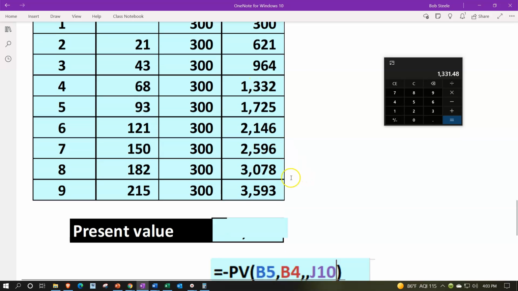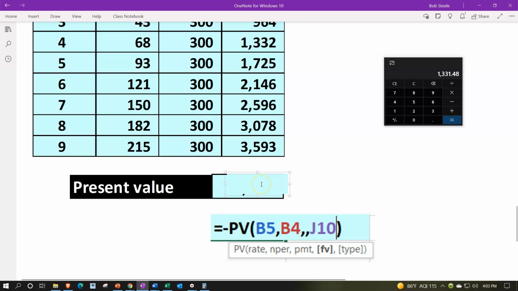Which you can also see if I took the same annuity calculation we calculated here, we got to a future value of the 3,593. That's how much we would have after 9 years. But really, I used an annuity to get up to that number. If I was to say what we had in today's dollars, we would have to discount this number back to the current time period, which is now, at this point in time, to value it as of today instead of valuing it 9 years into the future,